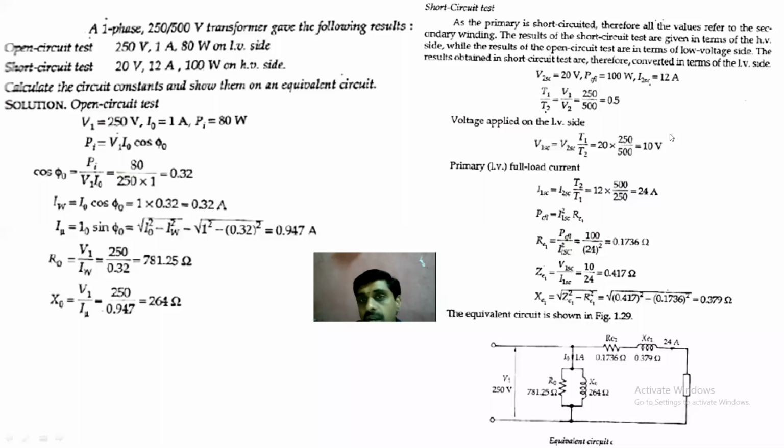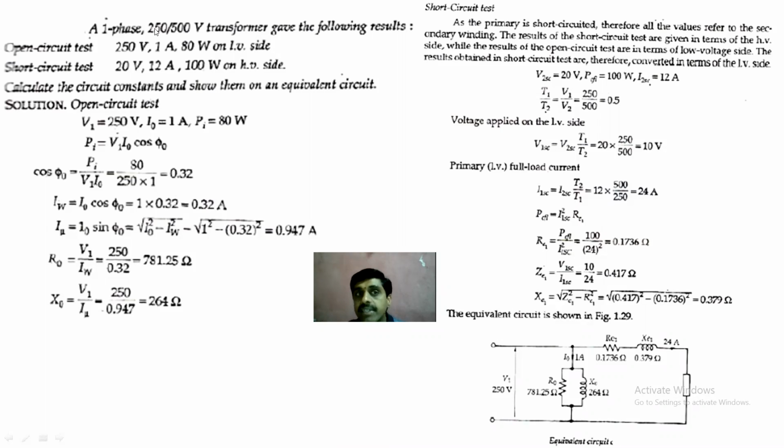So if you go to the short circuit test, if you observe here, the short circuit test is on the HV side, they said. What is the HV side here? Secondary, 500 volts. Generally, which side will connect this equipment? Because the LV side is short circuited, the instruments are connected on the HV side. So here the HV side is the secondary. As the primary is short circuited, the short circuit test is conducted, which means the instruments are on the HV side.